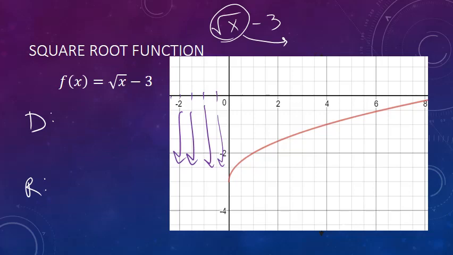So my values for the x-axis, which I'm only looking at here, are going to start at 0 and continue all the way. So we're going to call that including 0, because square root of 0 is 0, to